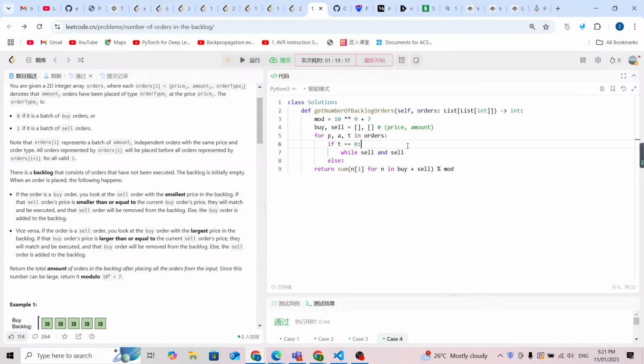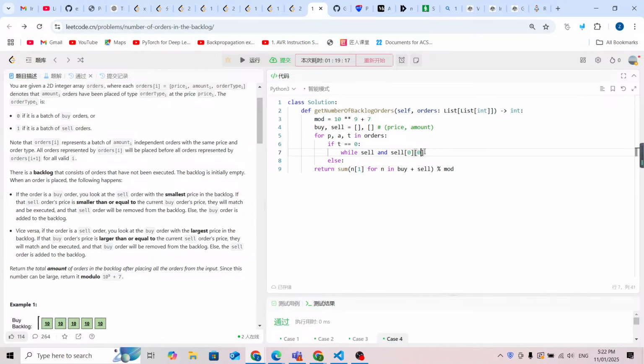So let's just check it first. So while sell order and sell with the price, so inside the sell order, we're gonna choose sell 0,